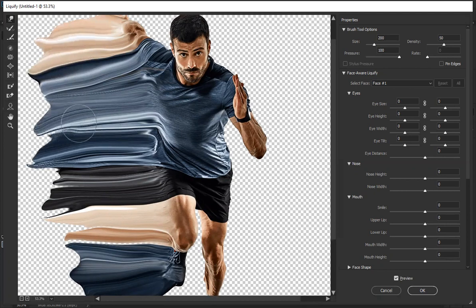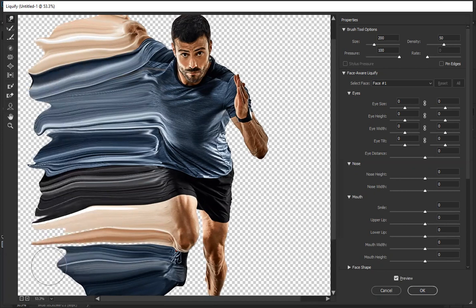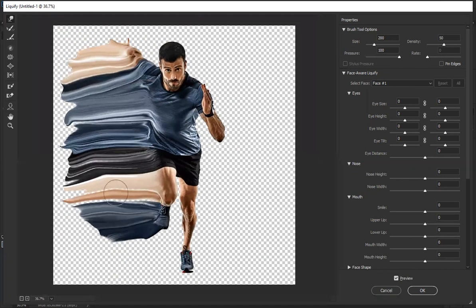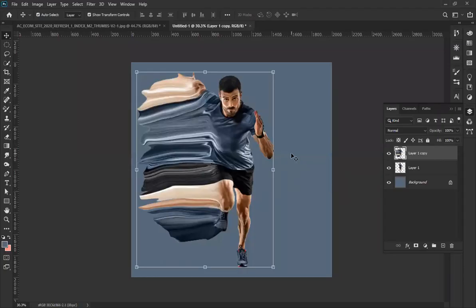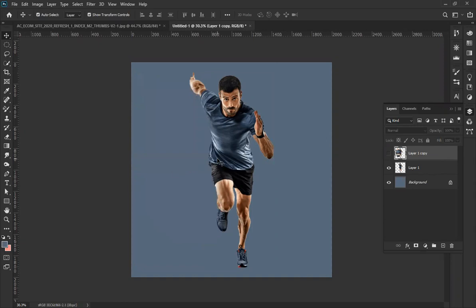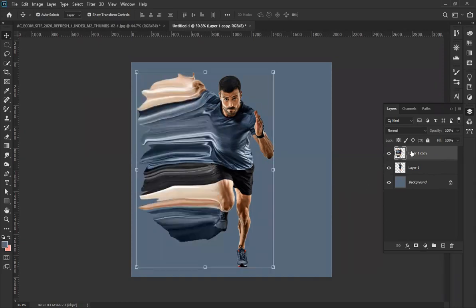Okay. So I have this. After doing this, I just click on OK, and it comes here. Now there are two of this same image here. So if I hide this one, I have the original image here. Okay, so I'm going to work with this first. Now with this image,